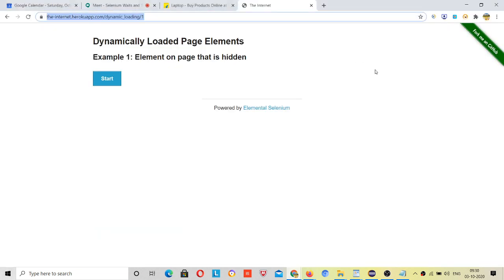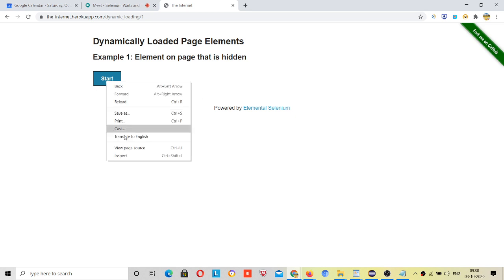Now see, I will right click. Understand carefully now. If you miss this, you will not understand the problem, right? And one thing to know: explicit wait will work in every place, but implicit wait will not work in every place. I will show it in this example. Please pay attention now.